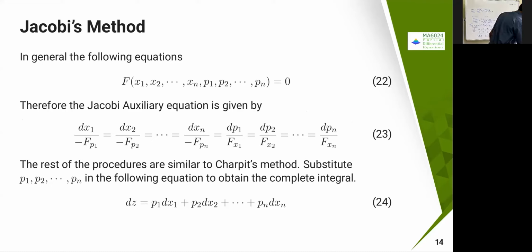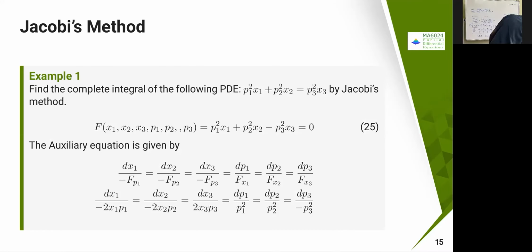So this is the general procedure for n variables. In n variables, again you need to consider similar kinds of g1, g2, g3, etc. Again here, I'm not solving all kinds of equations, like u is not involved over here. I'm just ignoring u here. So only those kinds of problems we are solving using Jacobi's method. So let's see one or two examples. Let's take this example. So remember this one: dP1 means dx1, dP2 means dx2, dP3 means dx3, whereas for dx1, correspondingly fp1 should come, but with a negative sign. That's the only difference.